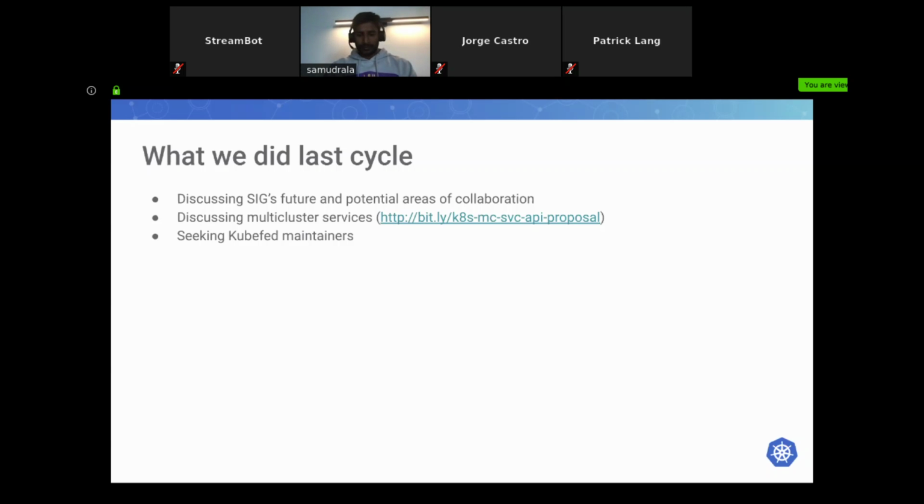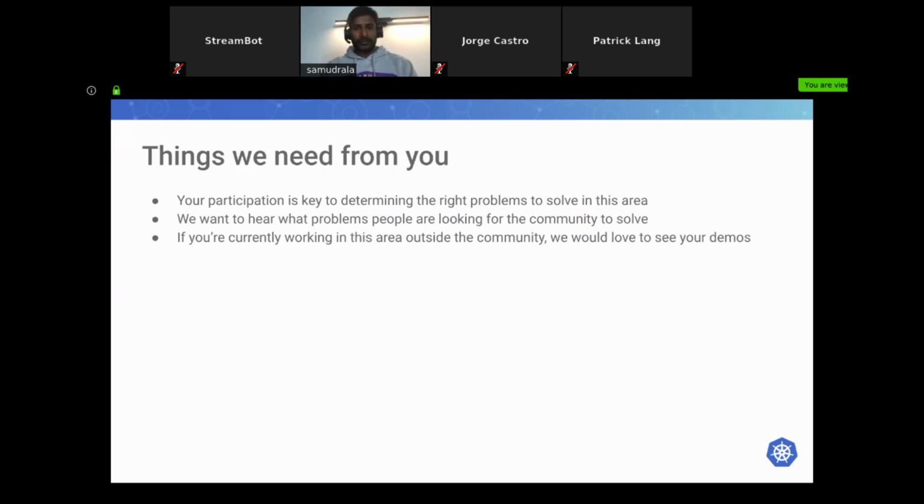Could we advance the slide? So things we need from you. Honestly, participation is key to determining what the right problems to solve in the community in this area are. So we want to hear what people are looking for the community to solve. We want to hear what folks may be working on outside the community. One of the things that we uncovered with a survey in the last part of the year in 2019 is that some folks have